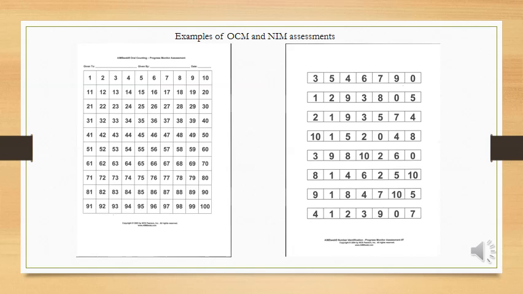For this action research project, I used AIMSweb early numeracy measures in each of the areas of early numeracy. The first example here to the left is an example of the oral counting measure. All of these measures are timed for 1 minute, and this first one is an oral counting measure where the students simply need to count as far as they can in a 1 minute time frame. To the right,